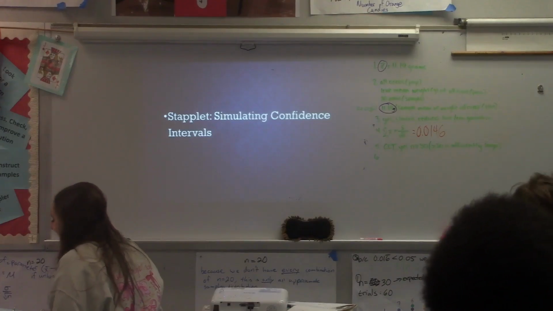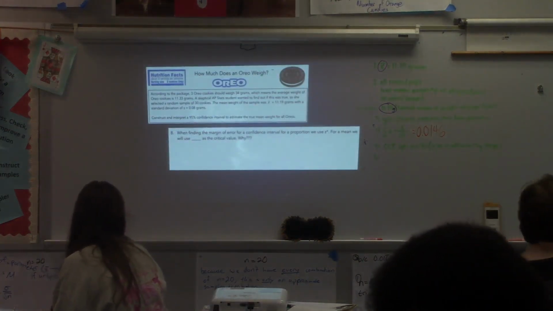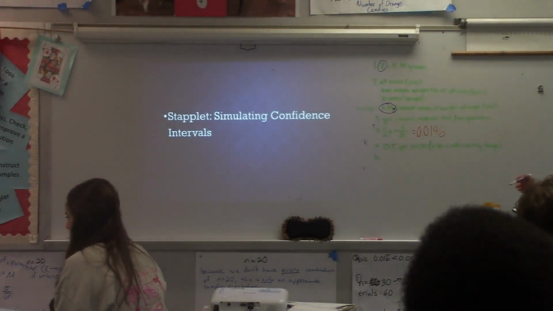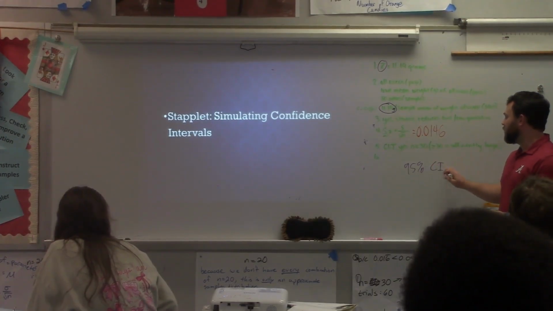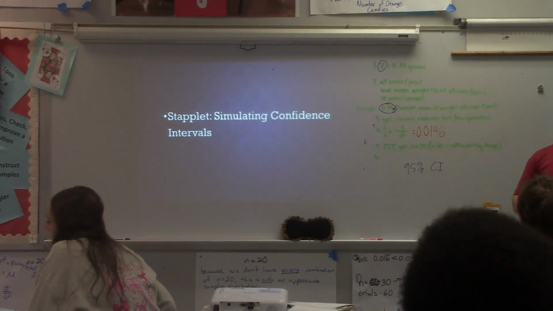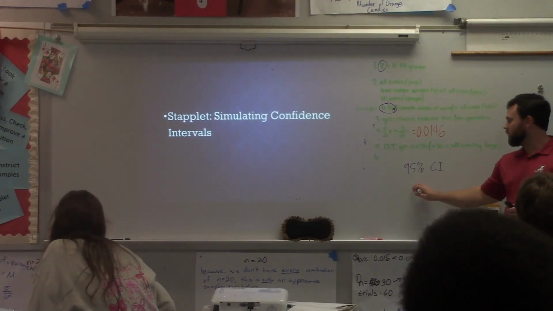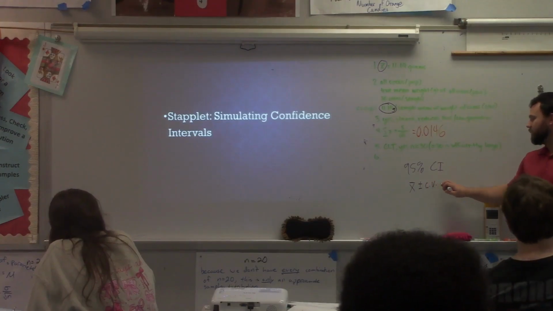Okay, so let's say that we wanted to do a 95% confidence interval. What would we do based on what we already know for that confidence interval? You need to take the statistic. So we need our statistic, plus or minus a critical value, times